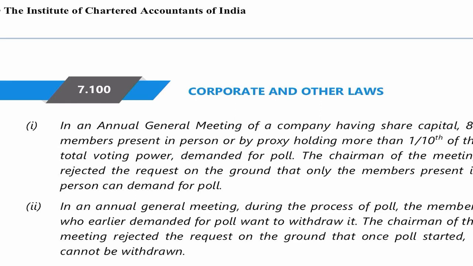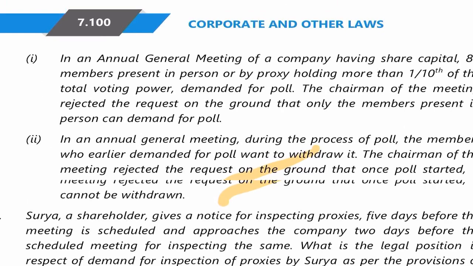पोल मतलब चिट्ठी वाला भाई, हाथ वाला शो ऑफ हैंड। मैंने तुमको बोला था प्रॉक्सी कुछ नहीं कर सकता, लेकिन पोल में वो अपना याद रखना, प्रॉक्सी पोल के लिए डिमांड कर सकता है। तो ये बोलते हैं सिर्फ मेंबर ही डिमांड कर सकते हैं, तो गलत है डायरेक्टर। फिर दूसरा क्वेश्चन पढ़।